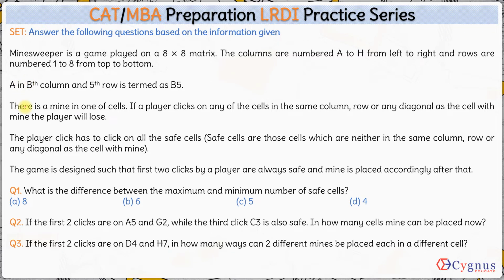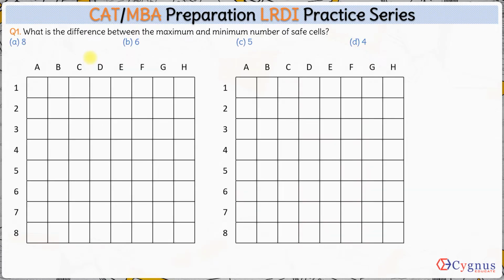Now let's look at the rules of the game. There is a mine in one of the cells. Okay, if a player clicks on any of the cells in the same column, row, or any diagonal as the cell with the mine, the player will lose. Okay, so let's say this cell has a mine. In case a player picks any of the cells in the same row, let's say if he picks this cell or this one,